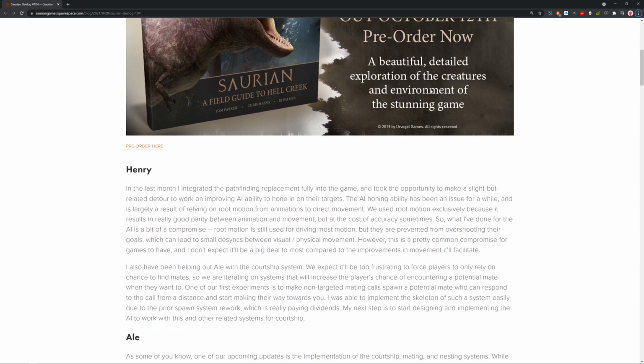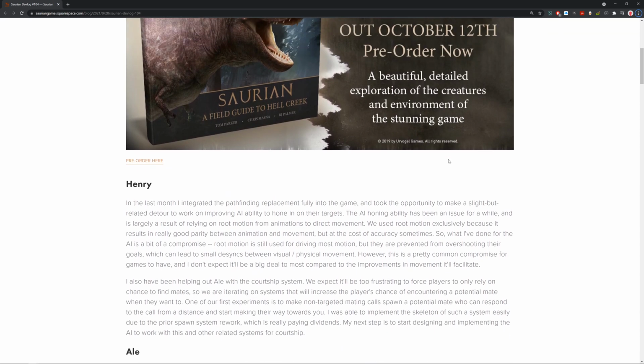So now we're going to be starting off with Henry's first addition to the devlog. In the last month, I integrated the pathfinding replacement fully into the game and took the opportunity to make a slight but related detour on working on improving the AI's ability to home in on their targets. The AI homing ability has been an issue for a while, and while largely a result of relying on root motion for animations to direct movement,